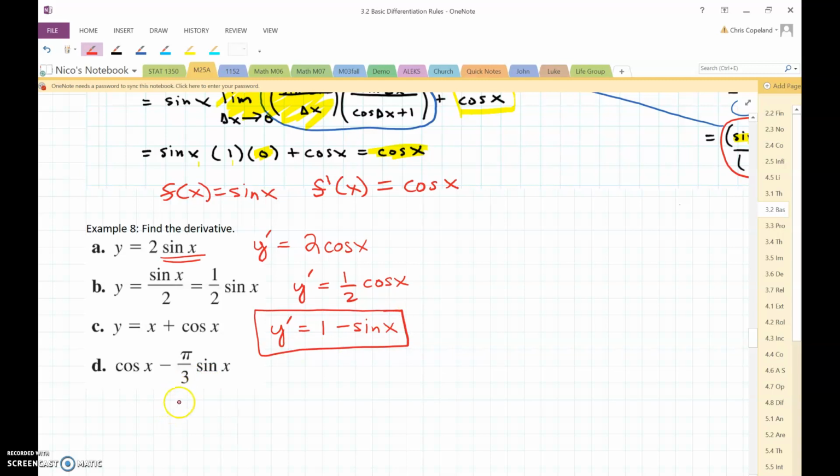The last one here, if we took the derivative of this function here, the derivative of cosine of x would be negative sine of x, and the derivative of negative pi thirds sine of x would be negative pi thirds cosine